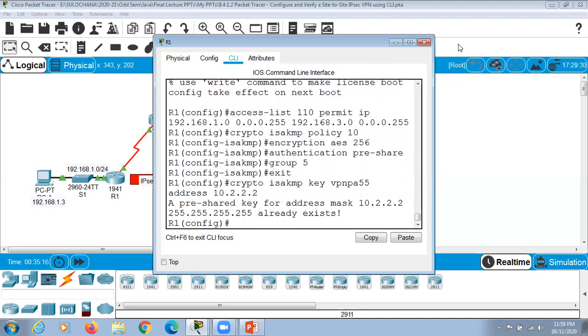Now we'll proceed to the next step. In the next step, we will configure the IKE phase 2 IPsec policy on R1. We will create the transform set VPN-set to use ESP-AES and ESP-SHA-HMAC. So the command is